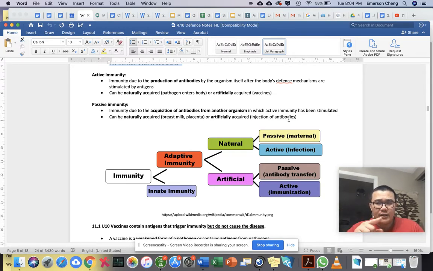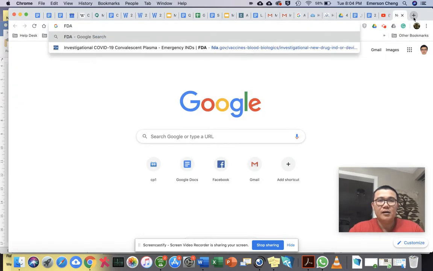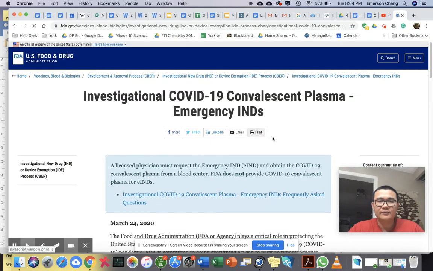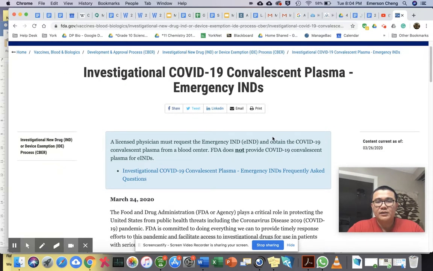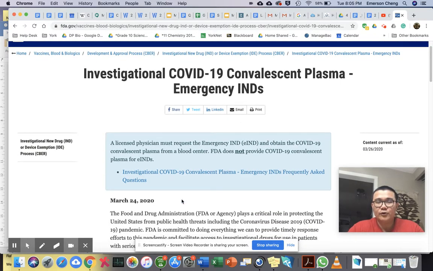And this is again interesting because we're living in this COVID-19 situation. Last week, the FDA, let's see, I still have that here. Yeah, March 24th. So that was last week. What they're saying is that they're going to be trying out investigation of COVID-19